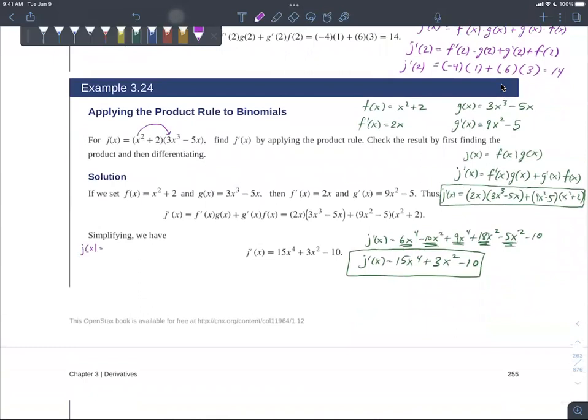Right, if we multiply together, we get 3x to the 5th. Multiply here, and that gives me a minus 5x to the 3rd. Then we multiply here, and that gives us a positive 6x cubed. And then finally, minus 10x. And if we take the derivative here, j prime of x,